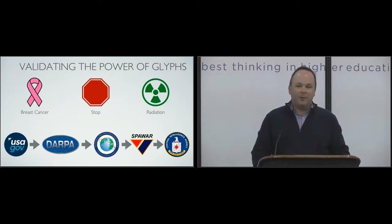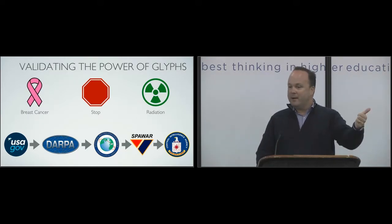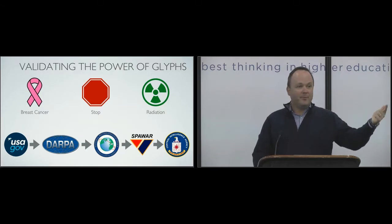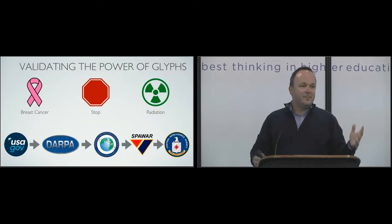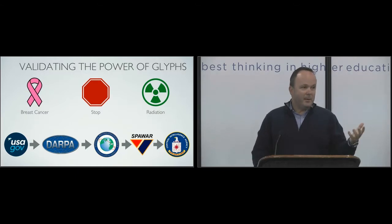When you see the pink ribbon today, you know that means breast cancer. I saw somebody in here with team colors on with the football jersey, so I know that they like football and they like the Philadelphia Eagles, right? Or whatever school that they're wearing, it's saying something about who they are. So humans do this each and every day, and ultimately the technology that we've built this on is we're commercializing